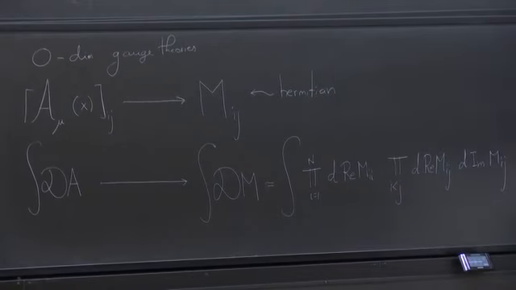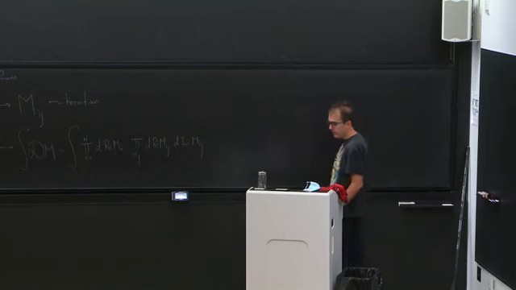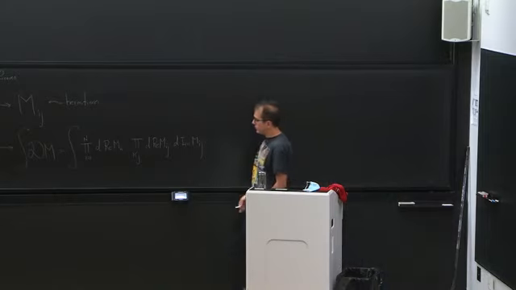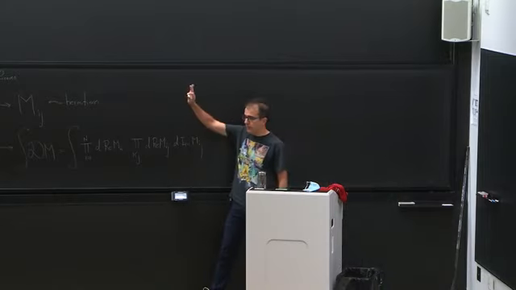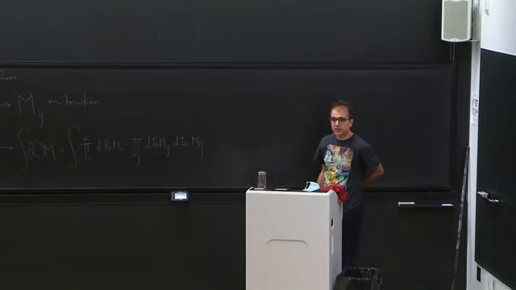So this is the fancy symbol in this case. The measure means it's something very explicit. You just integrate over the elements of the matrix, and because M is Hermitian, the diagonals are real, and the off-diagonal, the upper part, is the conjugate of the lower part. So this is the integration of all the matrix